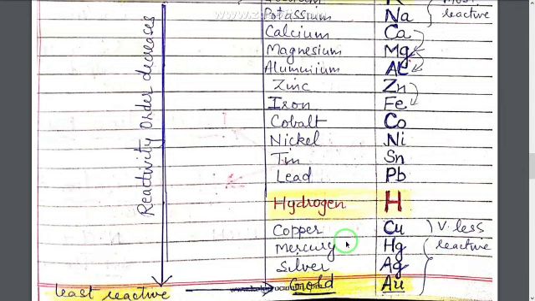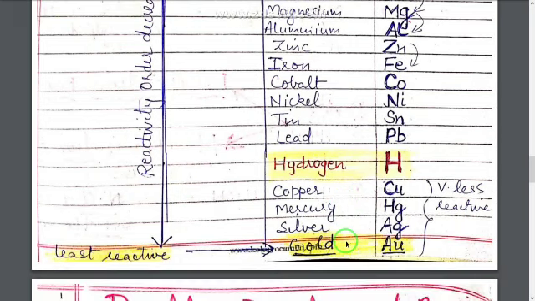Now this whole series you have to learn by heart, because when you know the order of these metals or elements, only then can you write the equations which are asked. The questions are asked from this series. So if you don't know the relative order of all these elements, you cannot do the questions. So please children, learn this series by heart.